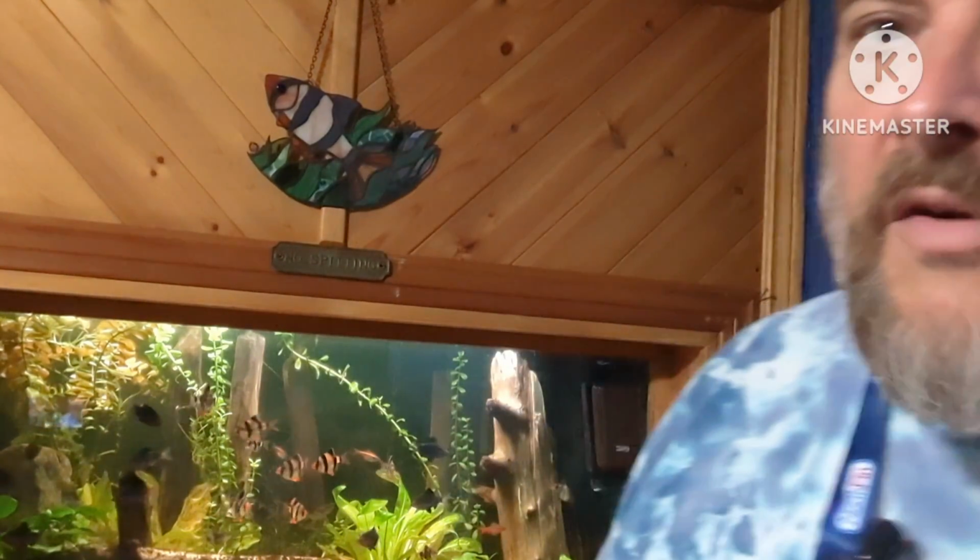Anyways, I'm going to take you through a tour of my barb tanks, starting out with one you've seen just a bit of, and that is my barb tank. And this is my oldest tank that I have in my house. It's probably 35 years old. No problems, knock on wood. As you can see, it's a planted tank, and well, I've got